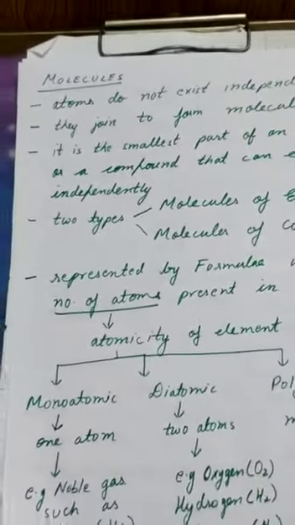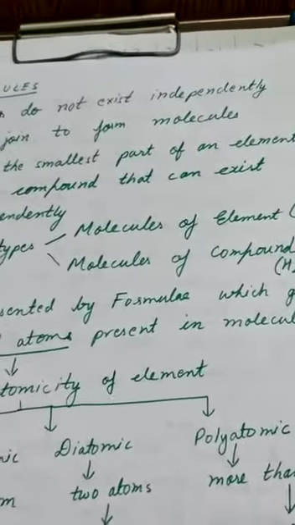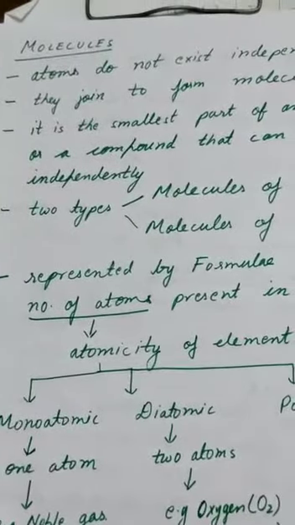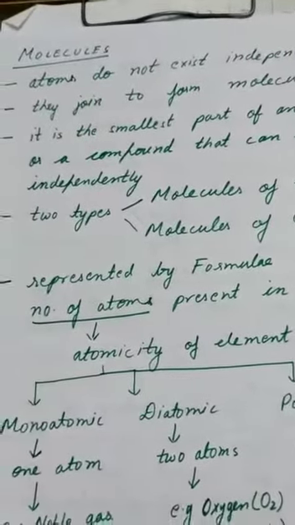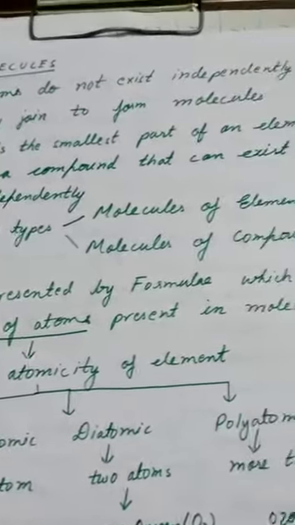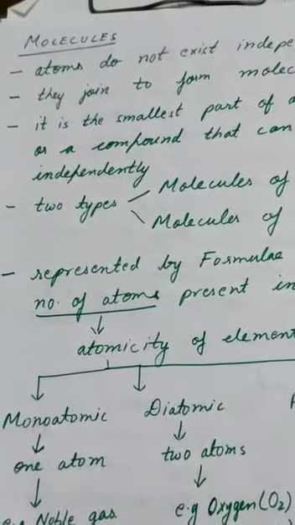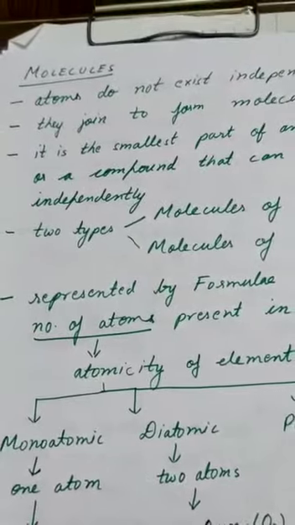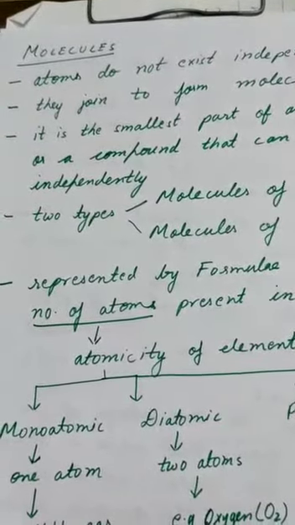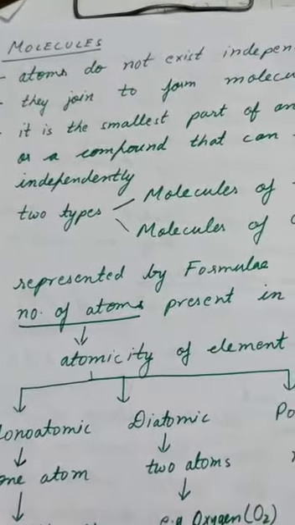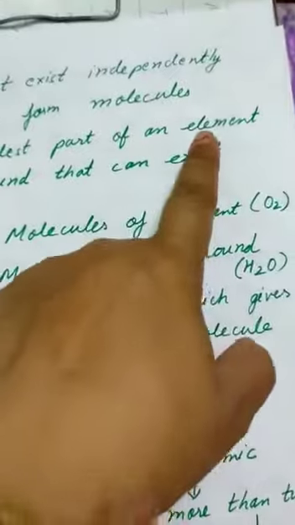So we can say that molecule is the smallest part of an element or a compound that can exist independently. Atoms don't exist independently, but molecules exist independently, and a molecule may be the smallest part of an